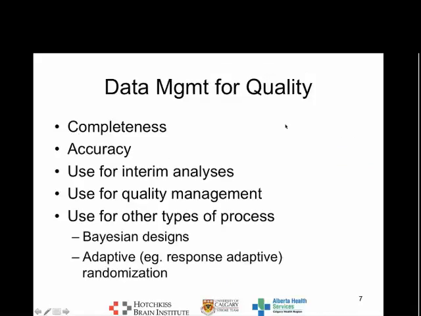So what are you trying to do while your project is going on? If you're doing a chart review, then the completeness of your data depends on how well and how fast you're getting data in as you're reviewing each chart, but it is a sequential process. Similarly, if you're enrolling patients in a prospective study, whether that's a randomized trial or a cohort study, the same applies. Usually there's sequential patient enrollment, and collecting data in a sequential way means that you need to pay attention